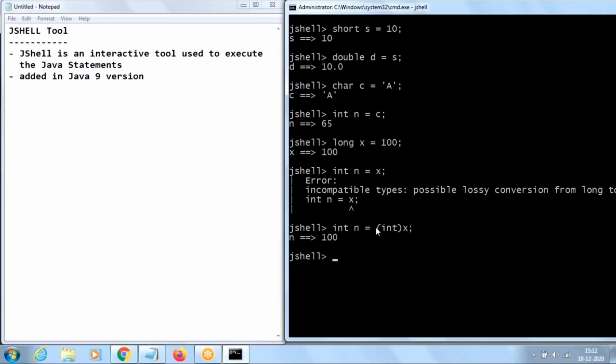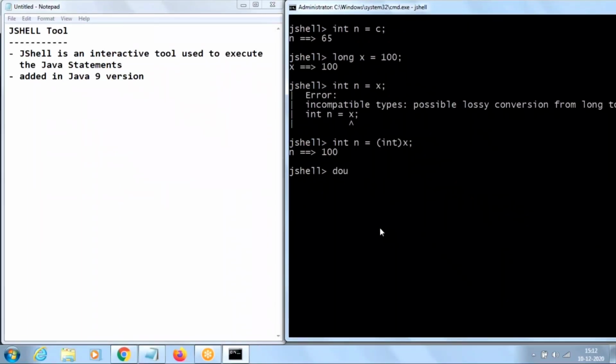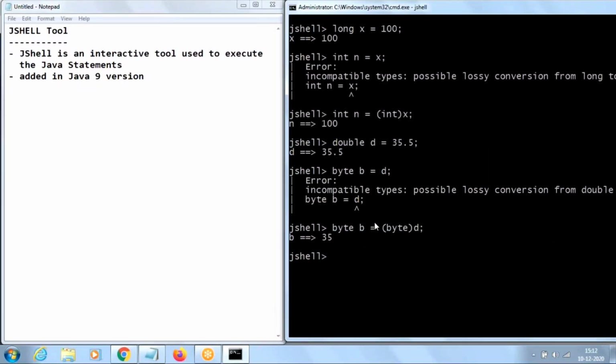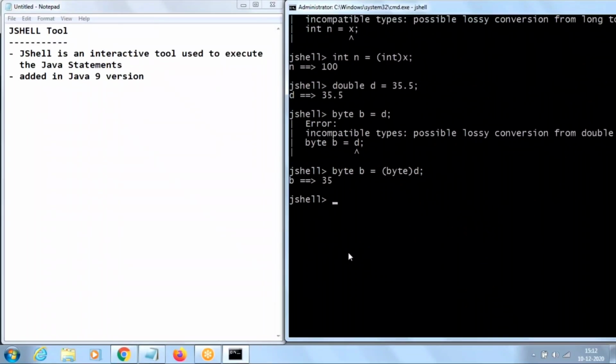Now the value of n is 100. If you take a double variable d equal to 35.5 and we want to convert into byte, when you say byte b equal to d, it goes with an error. Our requirement is to convert, so we have to say byte b equal to, in parentheses byte, and d here. Now the value of b will be only 35. It will take only the integer part; the fraction part will be ignored.